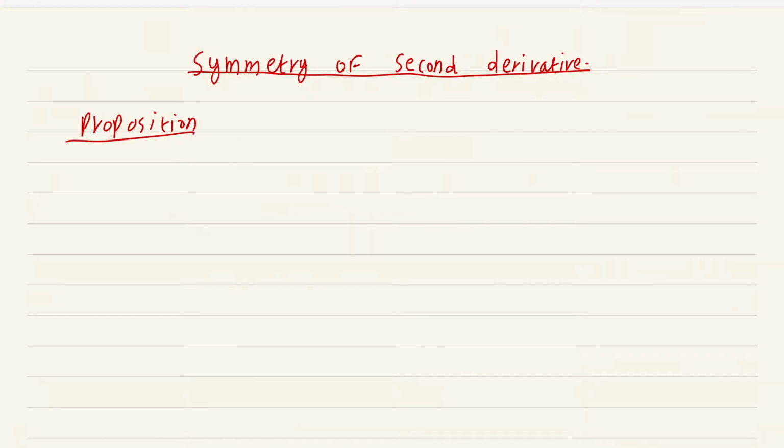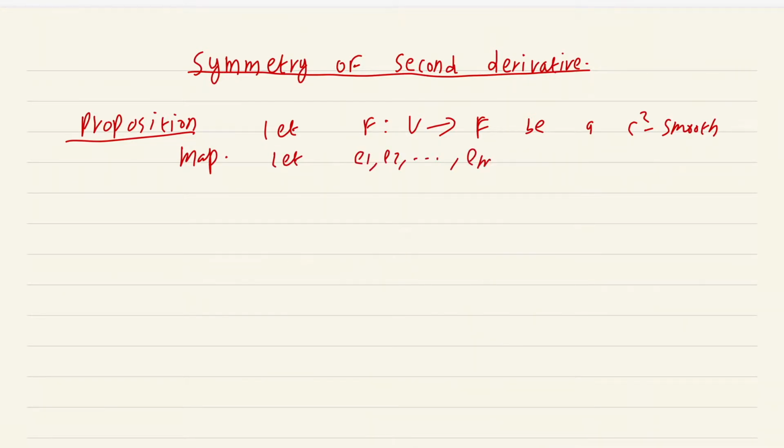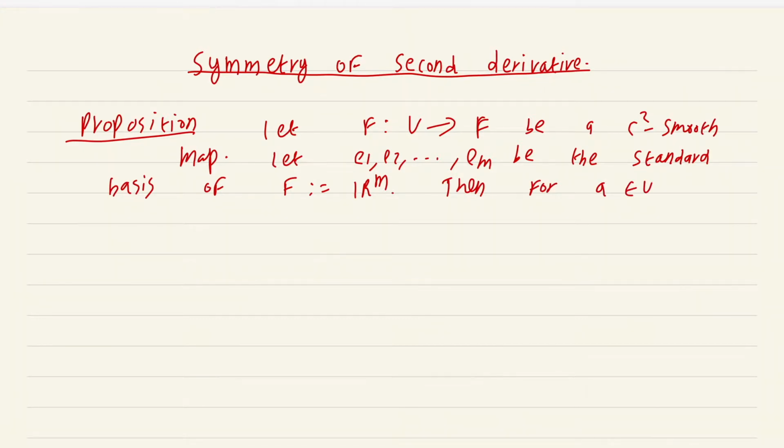Proposition: let f from U to F be a C2 smooth map. Let E1, E2, ..., Em be the standard basis of F, which is just the Euclidean space Rm. So take the standard basis for Rm. Then for a in U, we have